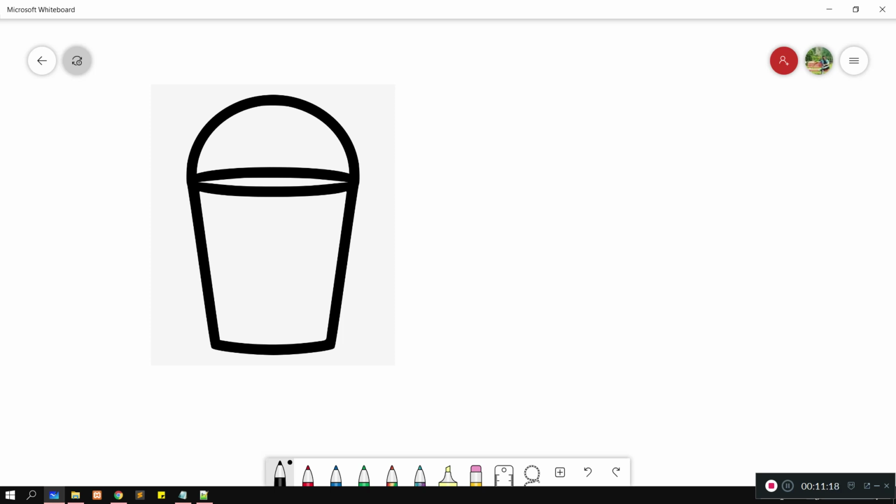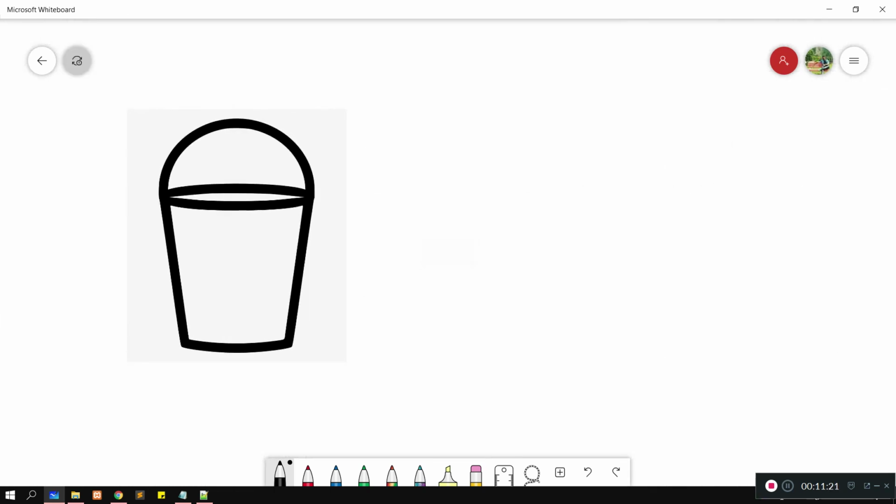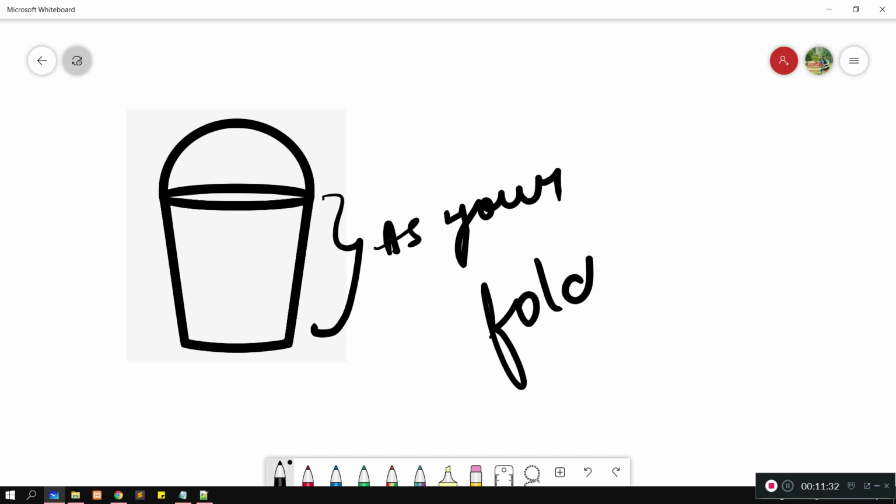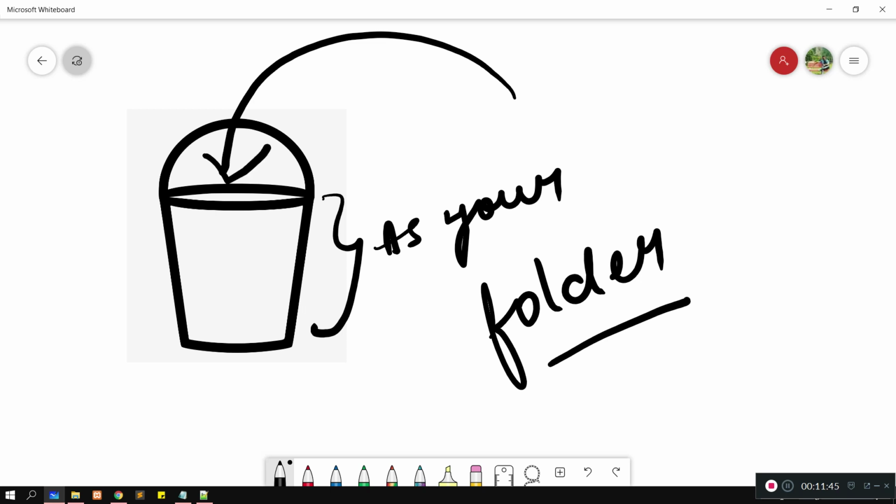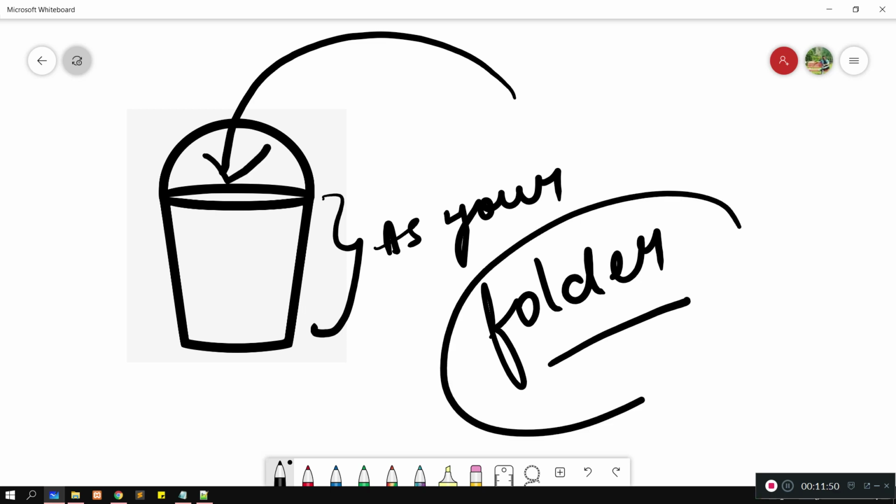So I have taken a picture of a bucket here. Remember this bucket as your folder. If we want to use an image, video or any audio, always remember we have to keep those inside our bucket or inside our folder.